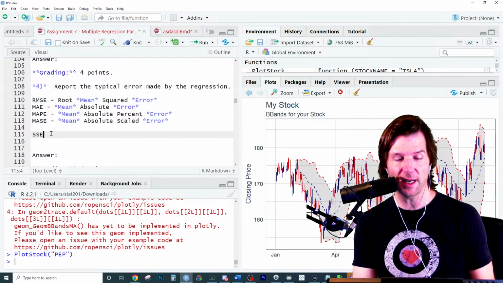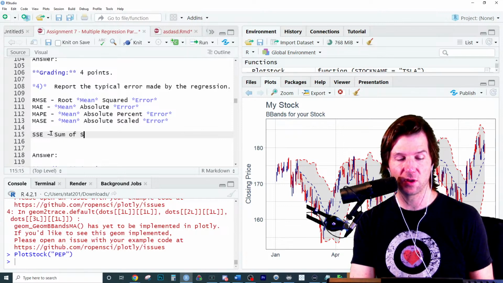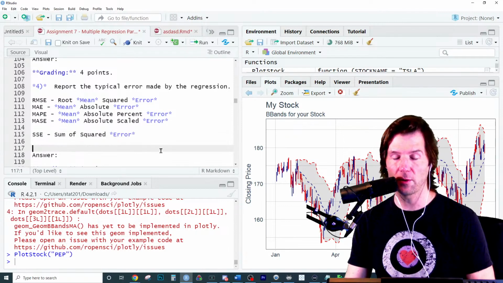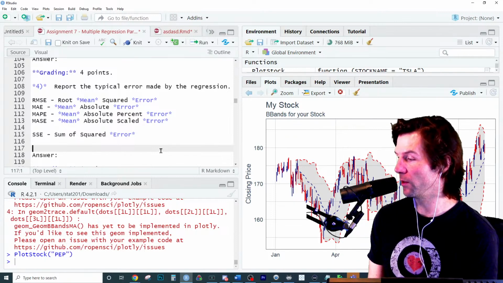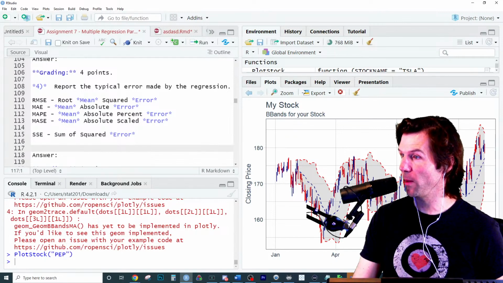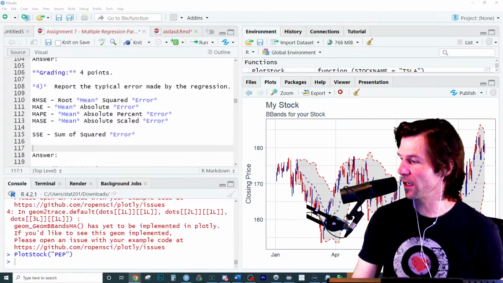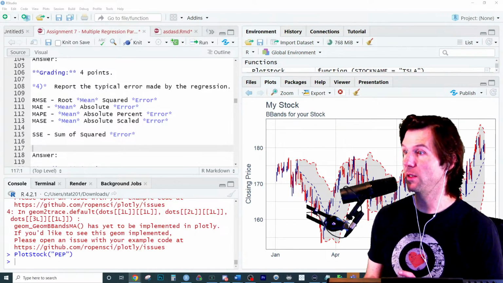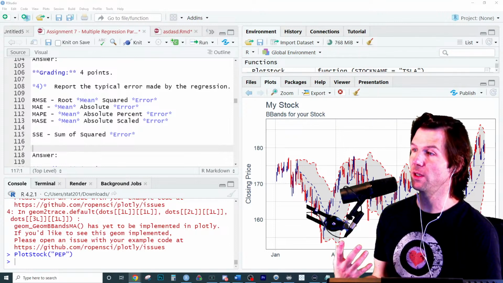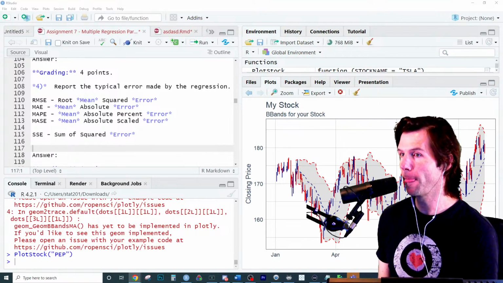Now, why don't we use SSE, which is sum of squared error? This is also an error calculation. So why don't we use standard error of the regression? Oh, yeah, Evan, in 201, if you look at the JMP output, that's the standard error, I believe, right? Great job, Evan. If you notice that in the output, JMP also reports that. I think it does. Well, the sum of squared error will be in squared units, and it'll be a massive quantity of sum.